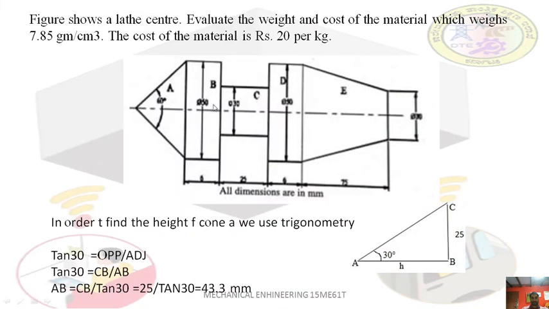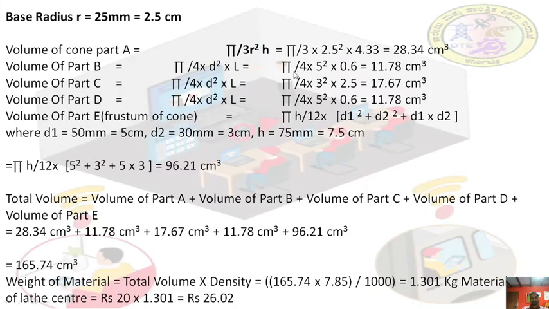So next, volume of part B and part D is same. The diameter of the solid cylinder is 50, in terms of centimeter it is 5, and the length is 6 millimeter, that will convert into centimeter, that will become 0.6 centimeter. So pi by 4 into 5 square into 0.6, 11.78, and the volume of D is also the same,